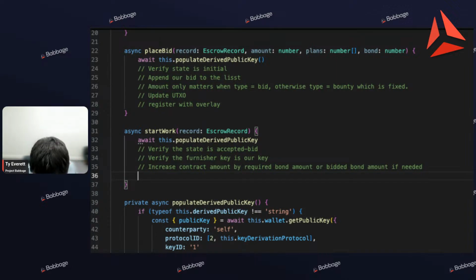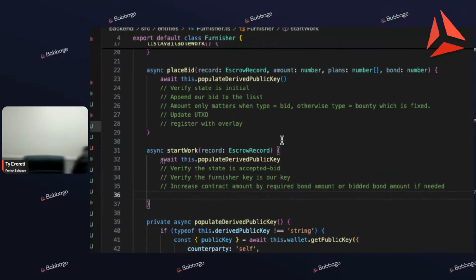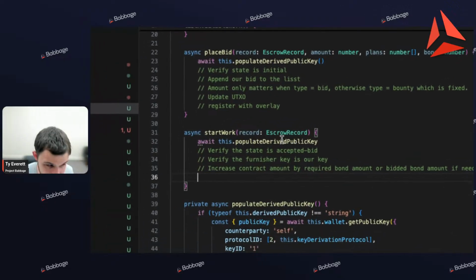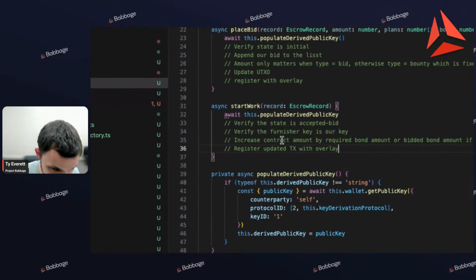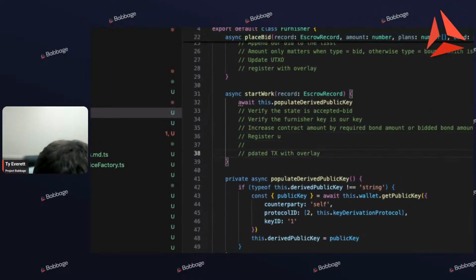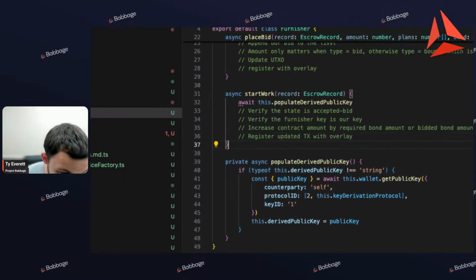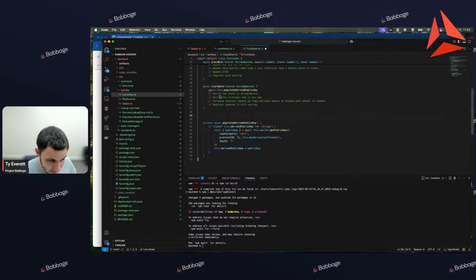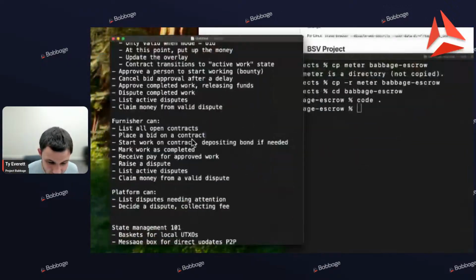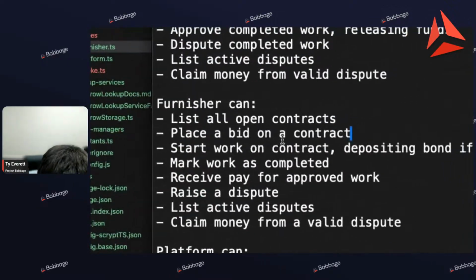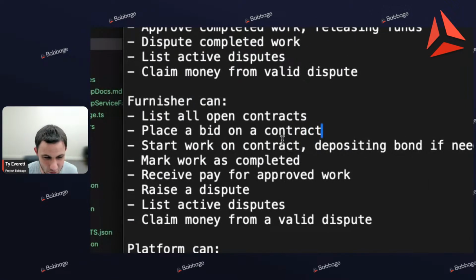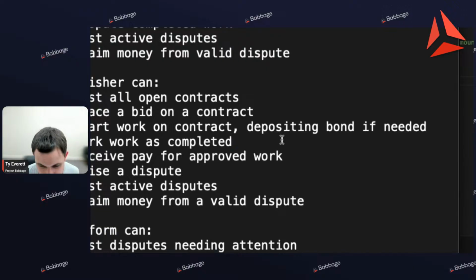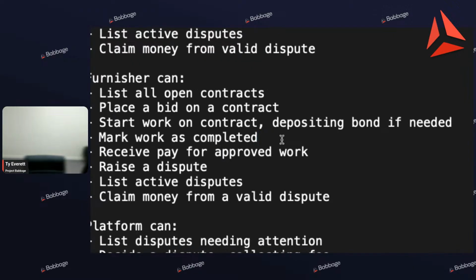Okay. And then register the... with the overlay. Okay. Whoops. Don't want to do that. All right. Now a person can start work. A furnisher can start work on the contract in theory. Doing all the theory first, and then we'll get hit by a giant brick wall called